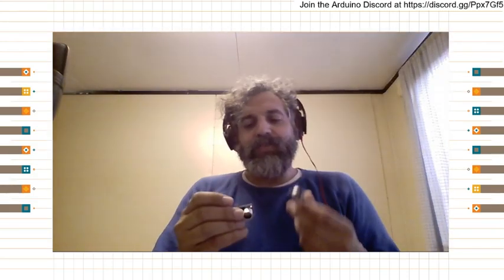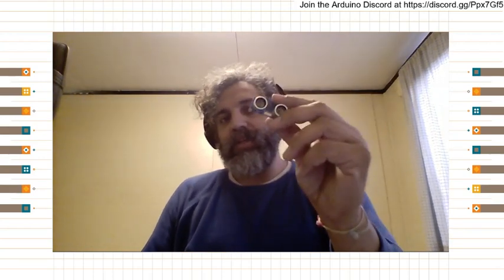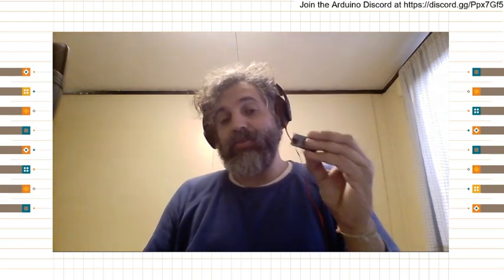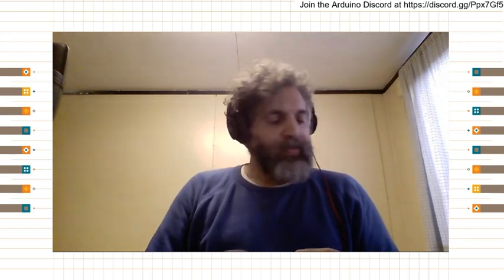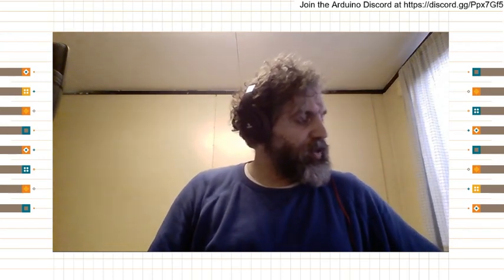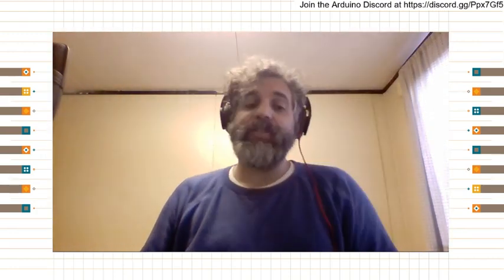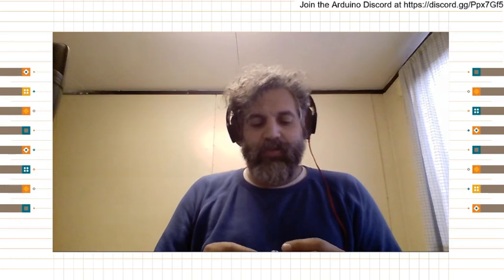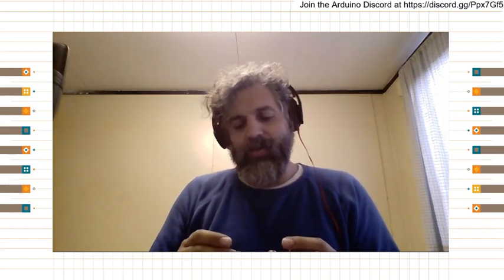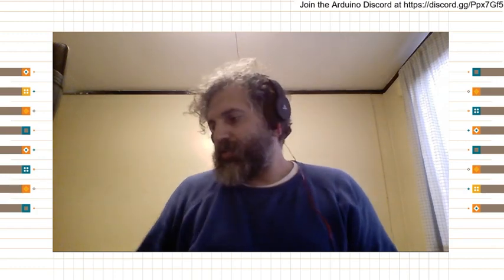Then I have one with 4 pins, the HC-SR04. The difference between these two is actually you can use them in different ways. You can use the HC just as a receiver and not use the emitting part, so you can have a transmitter on one side and a receiver on the other. Those are interesting differences. And then we have the one from MaxBotix, which is a lot more expensive, a lot better. So I'm gonna just make some drawings explaining how they work, and then I will take one of them and you can infer a bit how the other ones work.